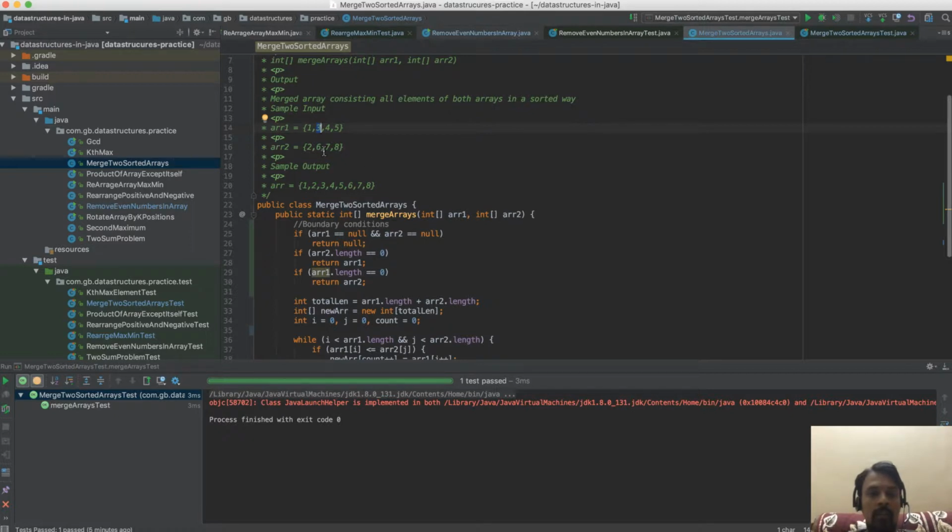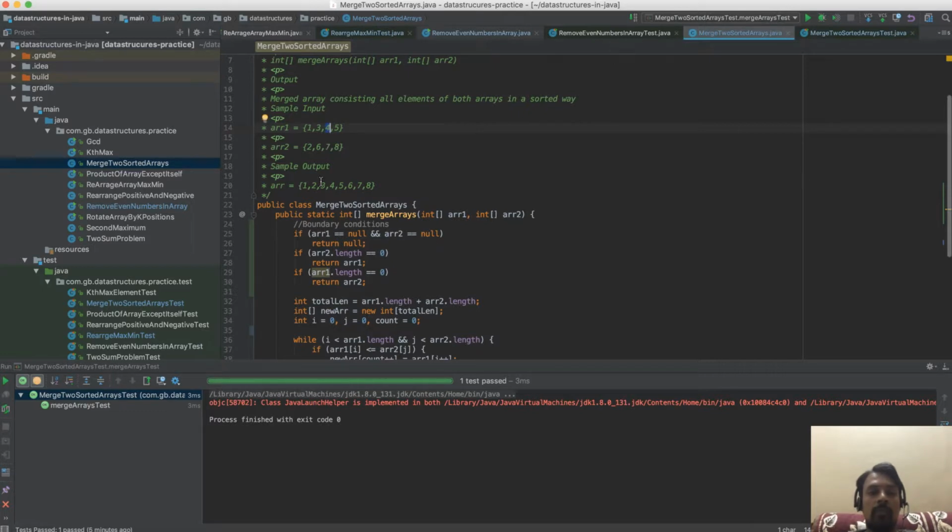Then we compare 3 and 2, and since 3 is greater than 2, we add 2 to the resultant array and increment the pointer here. This is for the second iteration. In the third iteration, the pointers will be at 3 and 6. Now we are comparing 3 and 6. Since 3 is less than 6, we add 3 to the resultant array and increment the pointer to 4.